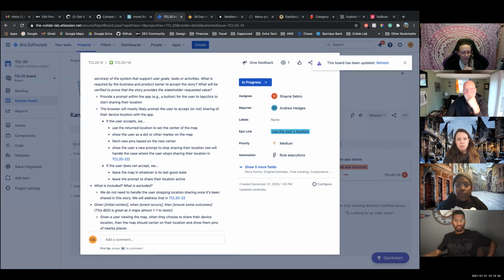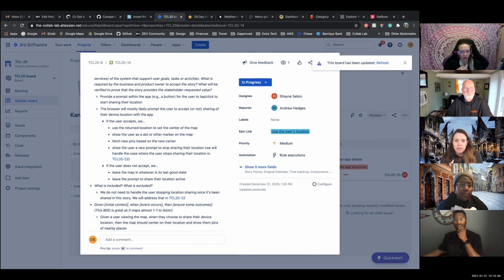So for this one, it was basically just figuring out the user's location and then resetting the map so that it showed you locations actually around you and not just around New Orleans or rural Oregon. So it was basically just grab the location, get permission from the user to share their location, and then reset the map.